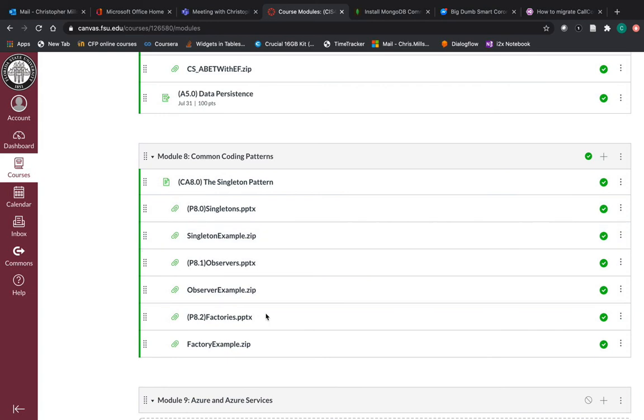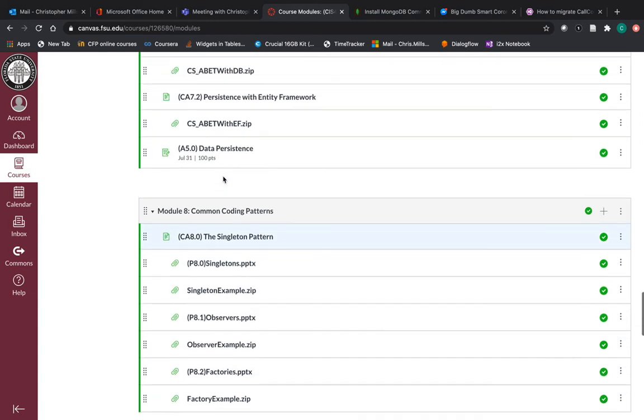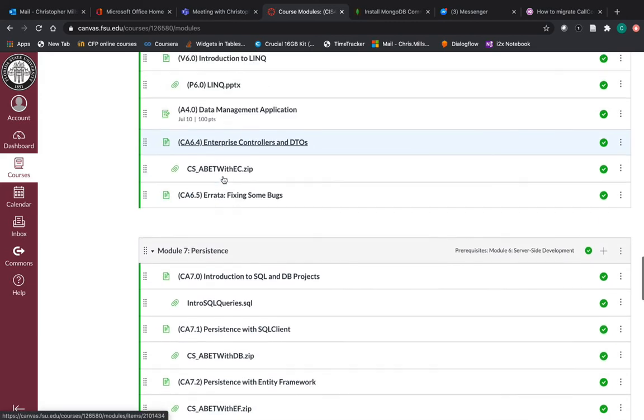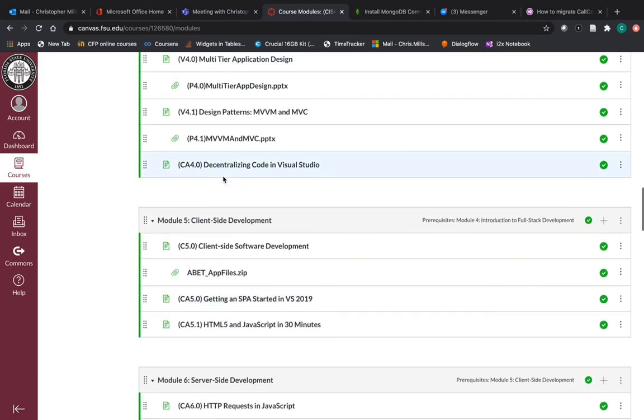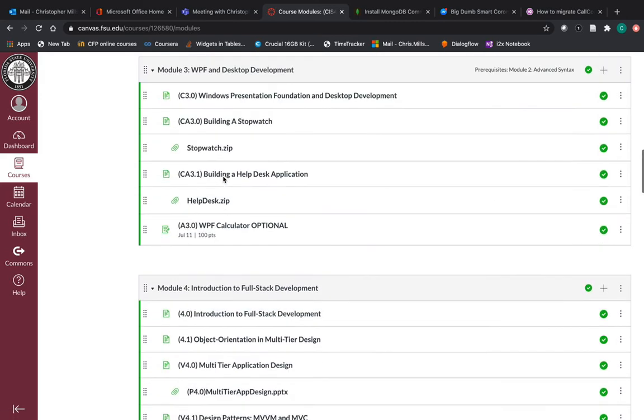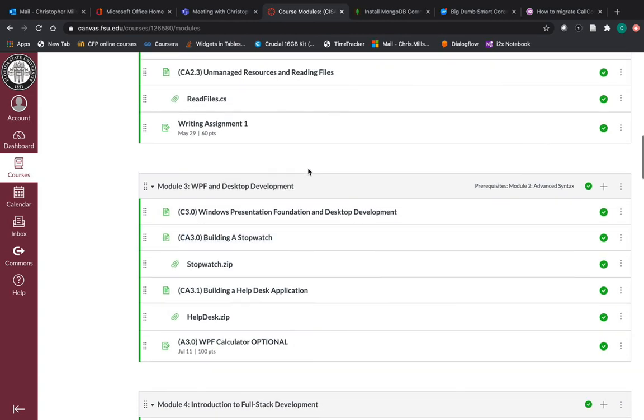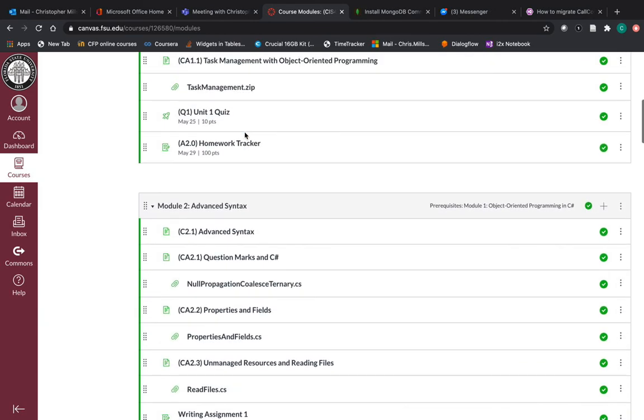So module number 8 is not on the test at all. This is just for your own personal edification. If you look down through all of these things, really the test is around stuff that came up in the first quiz,